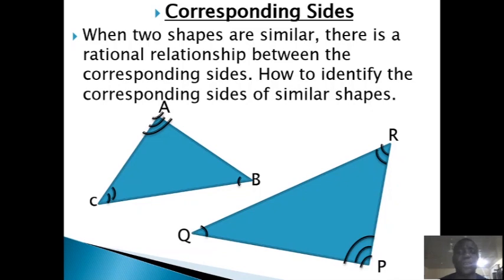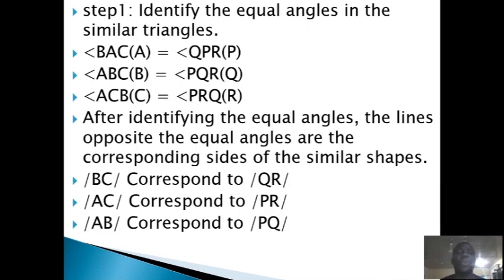So now we are looking at corresponding sides. How do we identify corresponding sides? In calculation, it is not all about the nature of the shape. The shape might be ugly, but we must be able to tell which side corresponds with the other in the other shape. So that is why we are looking at the corresponding test of similar shapes. Looking at the shape above, identify the equal parts in the similar shapes.